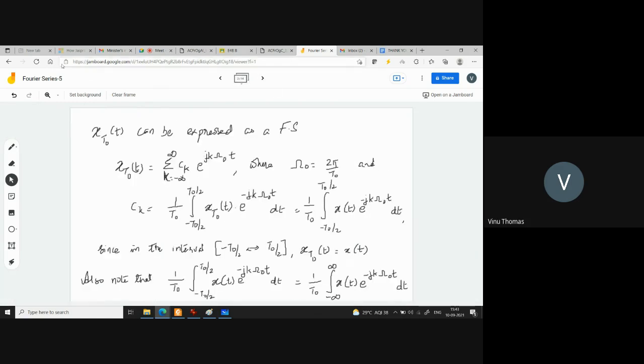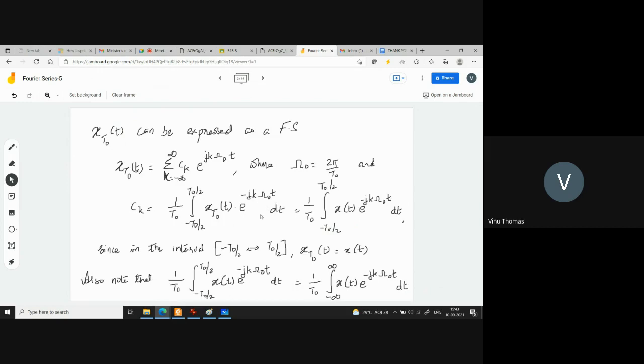Now, x t0 of t is a periodic signal, therefore it can be expressed as a Fourier series. So x t0 of t can be written as sigma over k of ck e raised to j k omega 0 t, where omega 0 is 2 pi by t0, which is the fundamental frequency, capital T0 being the fundamental period. And you can write the expression for ck as equal to 1 by t0 integral from minus t0 by 2 to plus t0 by 2 of x t0 of t e raised to minus j k omega 0 t dt, from the